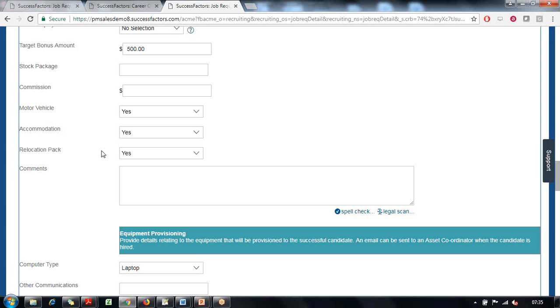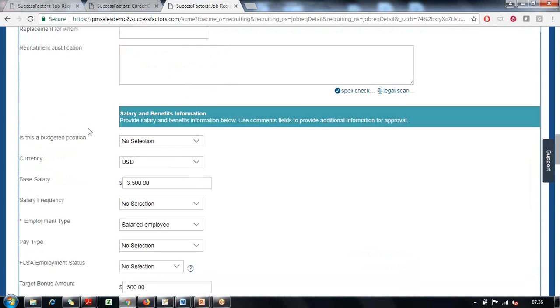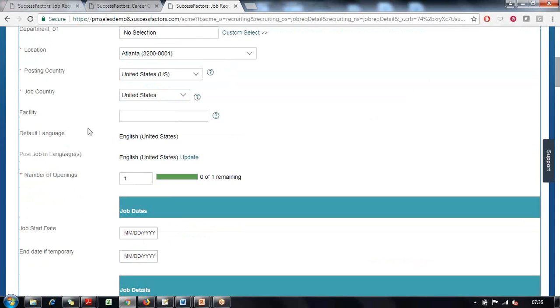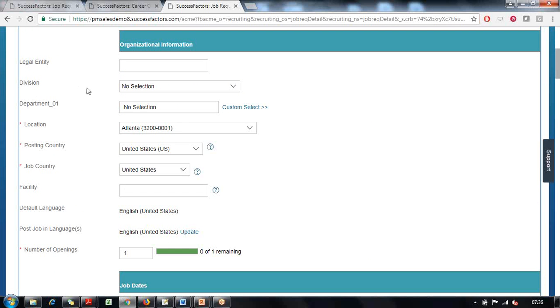If there is any concern about the budget that has been allocated or the benefits that have been given, like the vehicle, accommodation, relocation bonus, the salary budget, or the location, department, division where we are planning to hire, when the management level approvals are happening, they can definitely restrict this. They can make changes in their approval level and revert it back to the person who started the requisition, or they themselves can update the changes, and only then can they approve it. So all that happens is